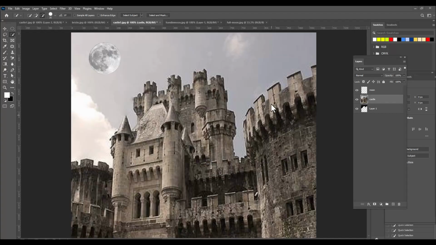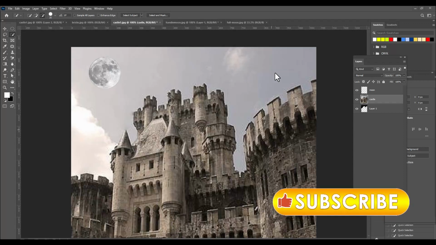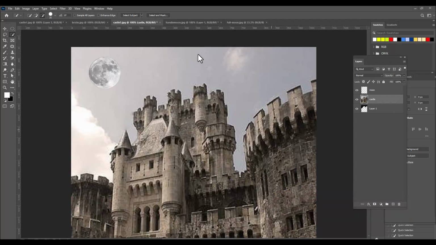Let's light up this castle at night. So first we have to turn this sky into a black sky. So we need to separate the sky from the castle. So we'll select the castle layer and we will select the quick selection tool,